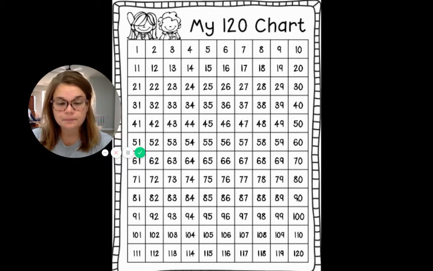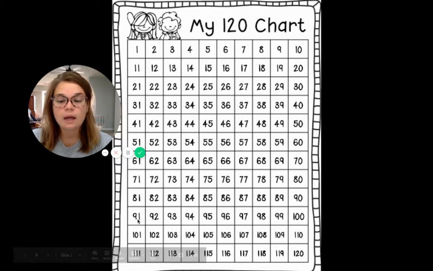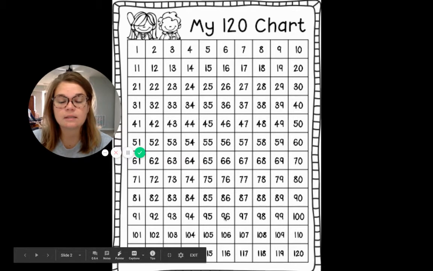Whew. Almost there. 91, 92, 93, 94, 95, 96, 97, 98, 99, 100. We are all the way to 100. Let's see if we can keep going all the way to the end. 101, 102, 103,